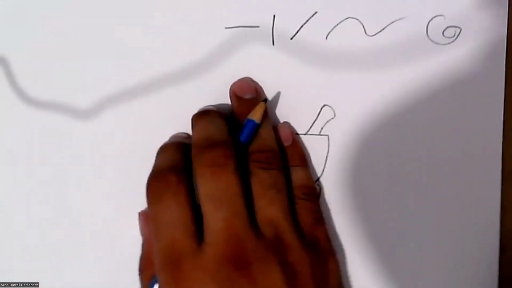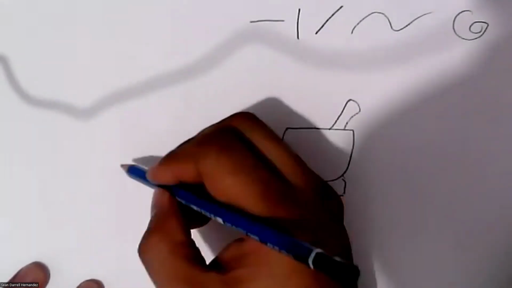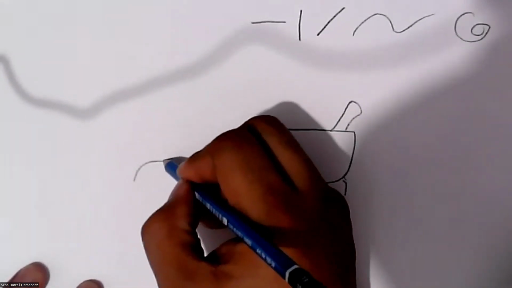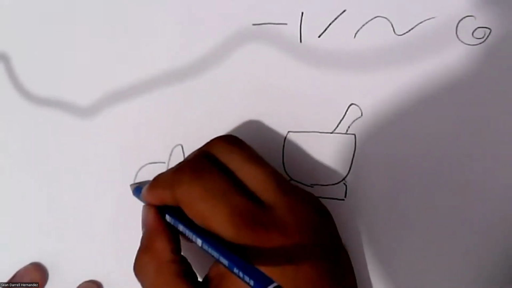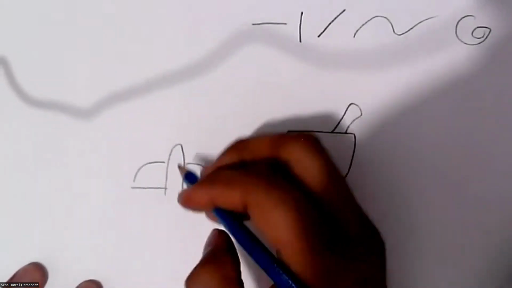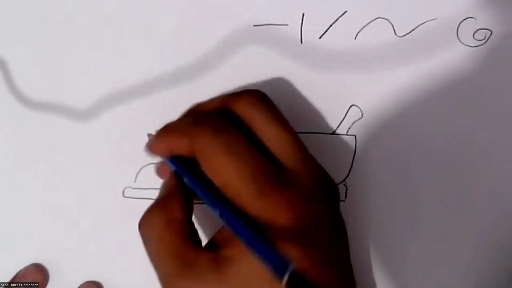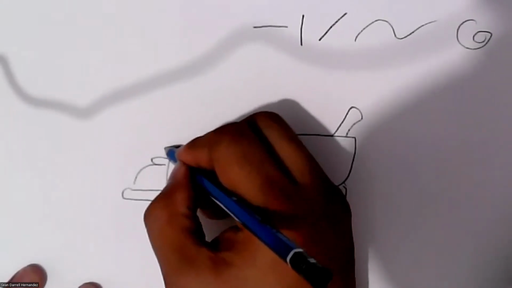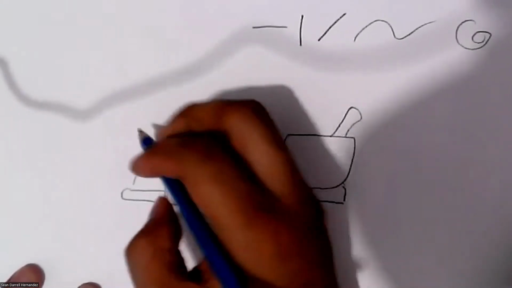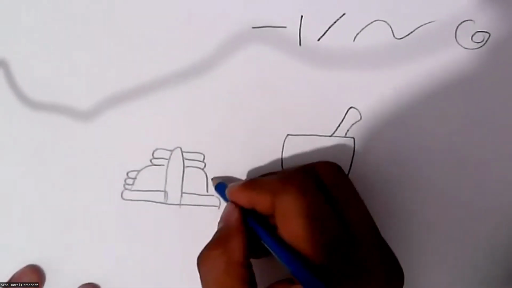Another thing that I would like to draw is the place of worship in Thailand. So usually the places of worship of Thailand follow this pattern. Have you noticed that the place of worship in Thailand, in comparison to our churches here in the Philippines, are quite rounded? They're very rounded,